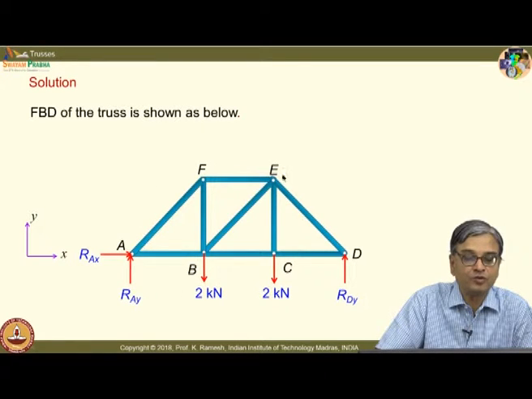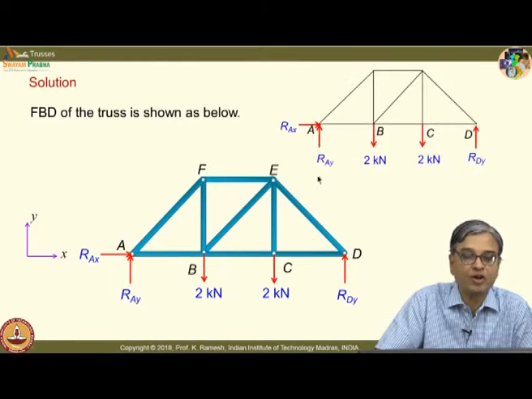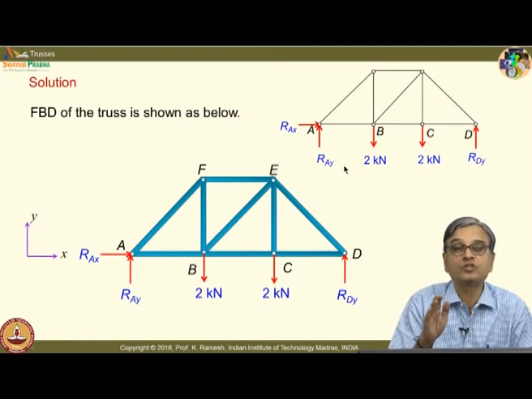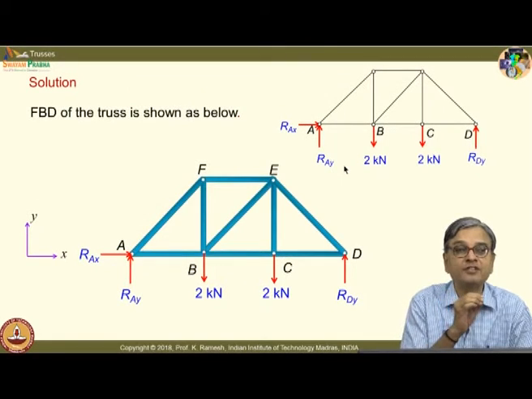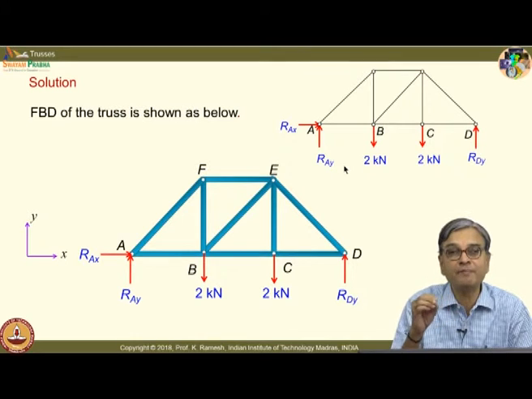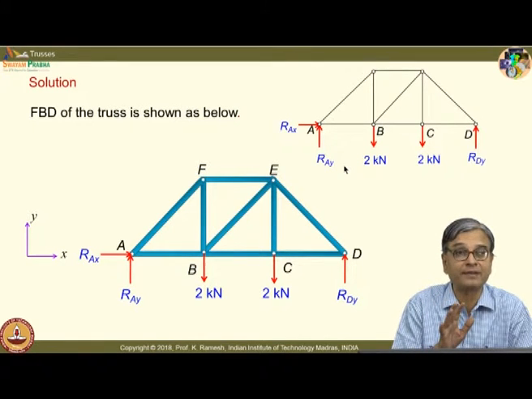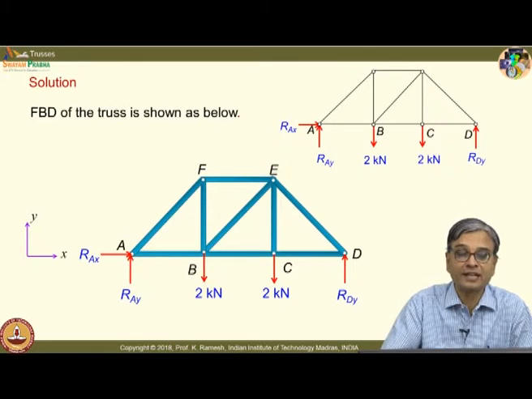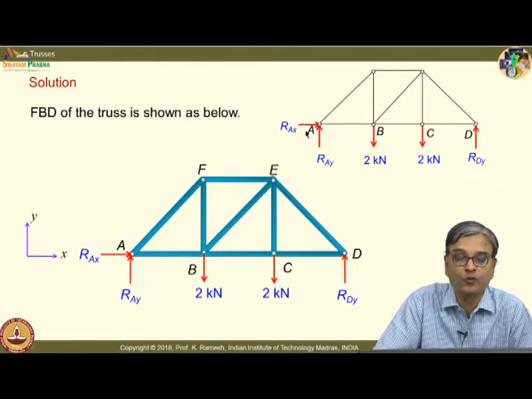Though I have a luxury to draw like this, you can simply draw a line diagram putting these unknowns, but definitely put these circles indicating that no member is continuous through the joint. You have to keep in mind, a truss is constructed in such a manner that no member is continuous through the joint. If a member is continuous through the joint, the member will behave like a beam and it will bend. We do not want that to happen. So, you have to recognize that this is a collection of two force members bound together. That is a very nice definition.